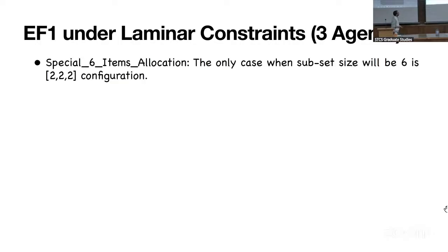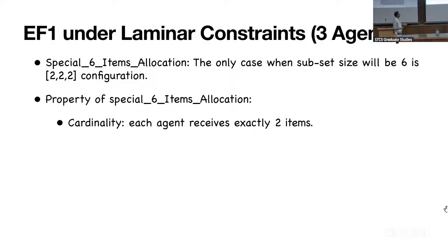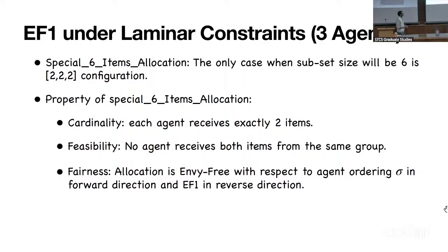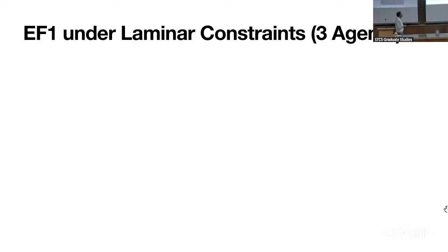Now what we required from this special 6-item allocation, because we have 6 items, the property we want is that each agent must get exactly 2 items from these 6 items, because we want an equal division. And then feasibility: no agent will get 2 items from the same bucket. And in the fairness notion, we want envy-freeness in the forward direction of the ordering, and EF1 in the reverse direction of the ordering. So if we have these 3 criteria for this allocation, then we can say EF1 exists for